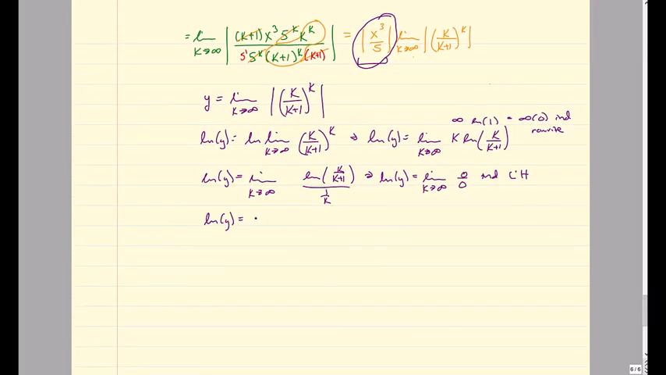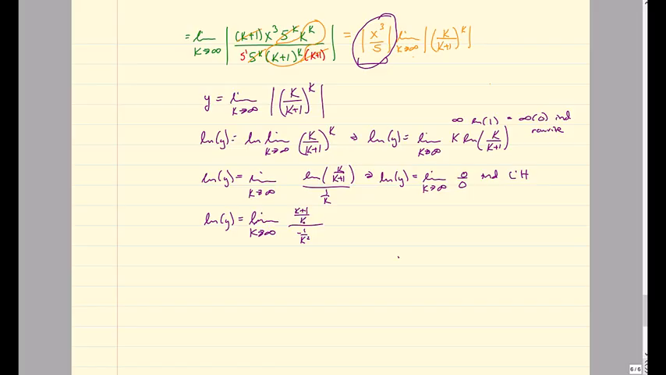So I have natural log of y equals the limit as k approaches infinity. The degree in the numerator and the degree in the denominator I don't have yet, so I have to use L'Hopital's. L'Hopital's is the derivative of the bottom, so that's negative 1 over k squared. The derivative of 1 over k is negative 1 over k squared. And the derivative of the top, the natural log of u, is 1 over u, so this would flip,